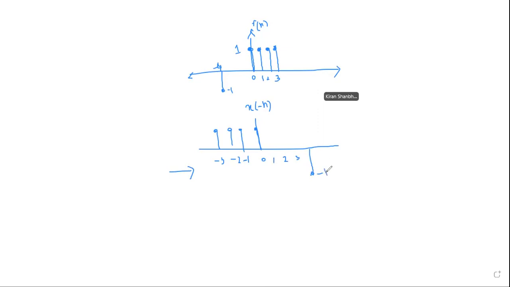Okay. So now what you have to do is add these two. Discrete time is a little simple, but a little tricky also. Now, somebody go ahead and add this. I want some boys to answer this. How do I add, by the way? At 0, what do I have? 1 plus 1. At 1, what do I have? 1 plus 0. At 2, 1 plus 0. At 3, 1 plus 0. At 4, 0 plus -1.